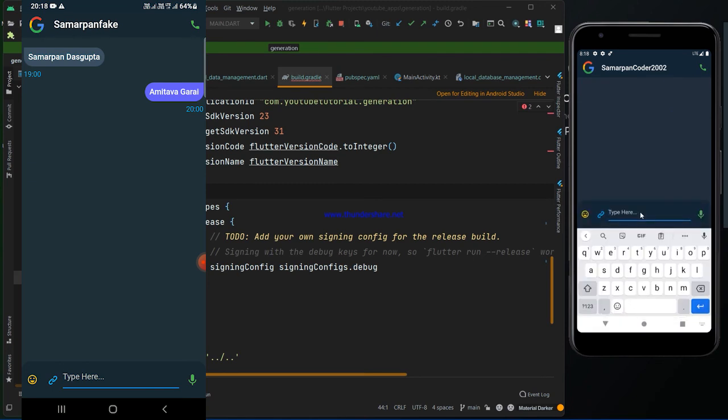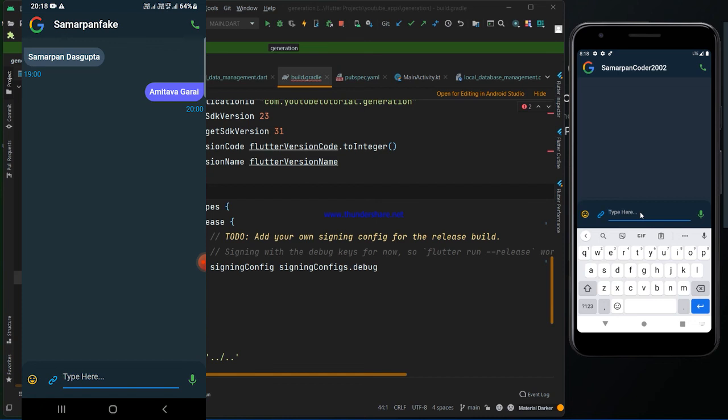One more thing: showing notifications may not work on the virtual device sometimes. When I first made this application, it was not working on the virtual device. I don't know what problem is associated with the emulator, but at times it does not run on the virtual device, that means the emulator.